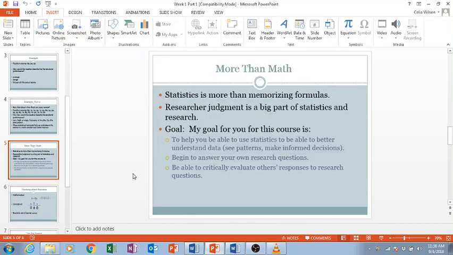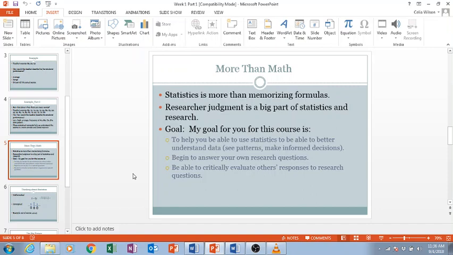What I want you to know is that statistics is more than memorizing formulas. And in fact, I won't ask you to memorize any formulas. If you need a formula, I'll have it there for you, because in the real world, if you are writing a paper or a journal article, if you're running your stats and you need a formula, you're going to go and look it up. If you're working on your dissertation and you need a formula, you're going to go and look it up. So I'd rather you understand what's happening within the formula than just worrying about memorizing it and being able to do the algorithm, but not really understanding what's happening.